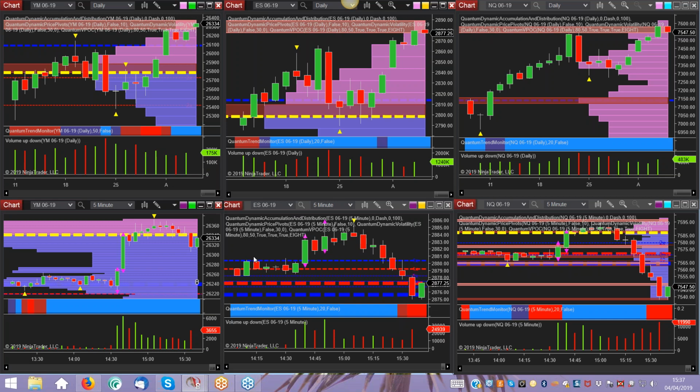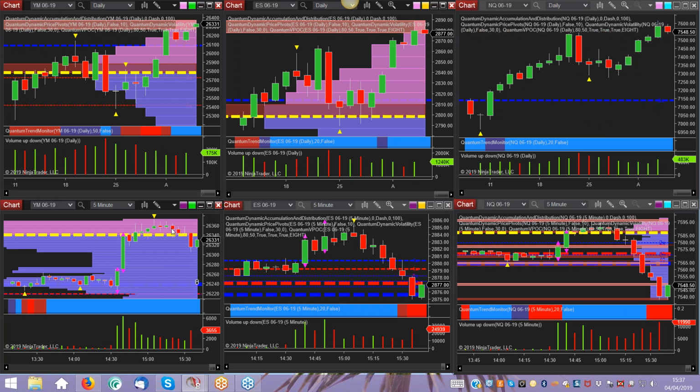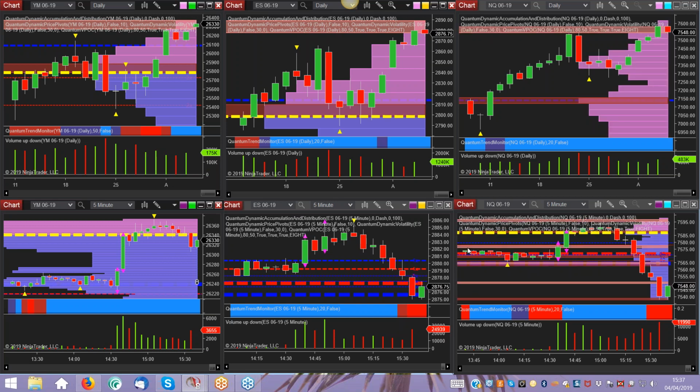But in addition to that, what it also gives you is a perspective on whether there is any divergence, and indeed in this case there was. But what was interesting is as this was trying to push up, these were falling quite heavily. So if you're over here not knowing that, the question you've got to ask yourself is this: is the YM leading these two, or are these two leading the YM? I can't say categorically for sure, but what I would suggest is that if you've got two on one, then the likelihood is that these two are going to carry more weight than the YM, unless there is a particular reason for the YM divergence, which could have been driven by one of the very large blue chip stocks,